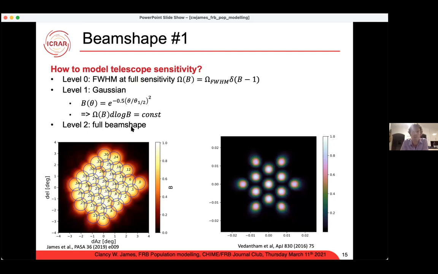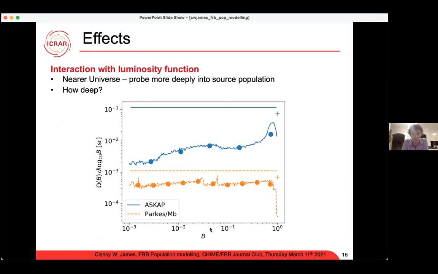When you're in this business, if you don't care about repeaters, then you don't actually care where your sensitivity is on the sky. All you care about is modeling how much of the sky you view at a given sensitivity. It's sort of like an inverse beam shape: how much of the sky you see to any given sensitivity. And that's nice, because in those units a Gaussian gives this as being constant in d log B space. So if you take these 3 parameters, here is your beam sensitivity B, and here is your distribution of omega B d log 10 of B. And if it's a Gaussian fit, it's a flat line.